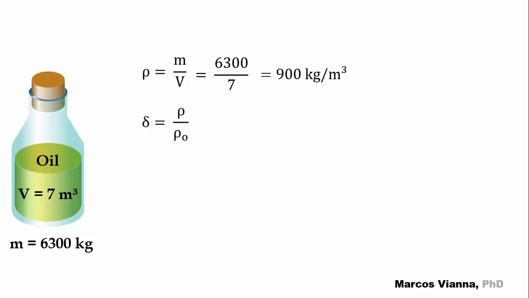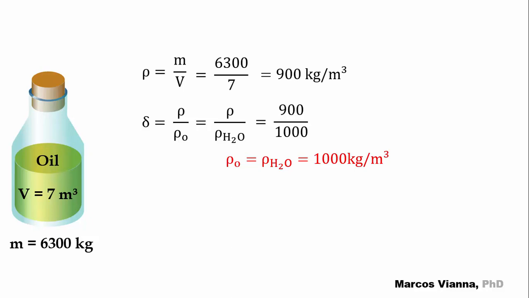As it's a liquid, for the calculation of relative density or specific gravity, delta equals ρ over ρ naught. The reference will be the water, so ρ naught equals ρ H2O equals 1000 kilograms per cubic meter. Thus, it will be equal to 900 over 1000,